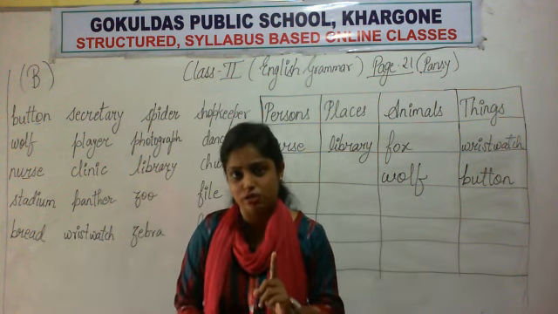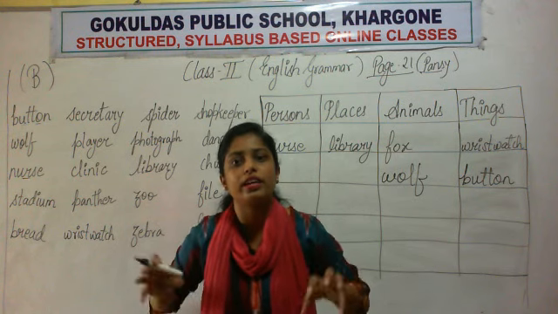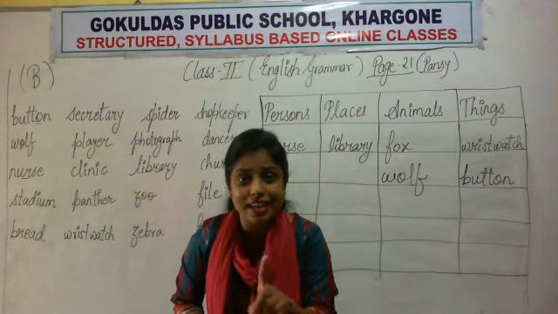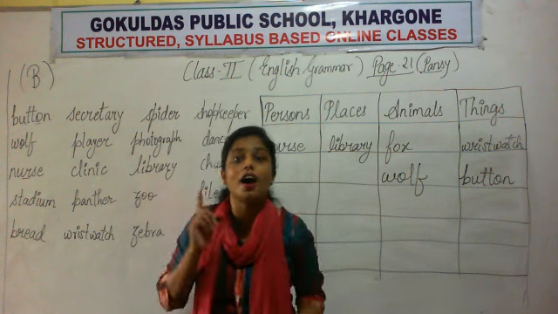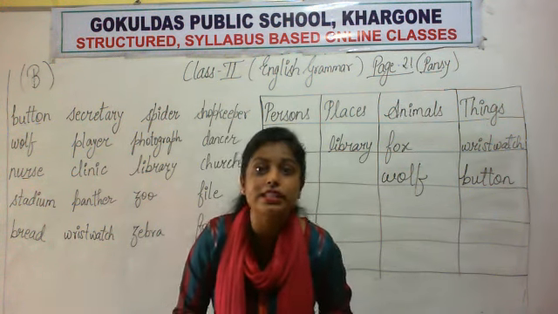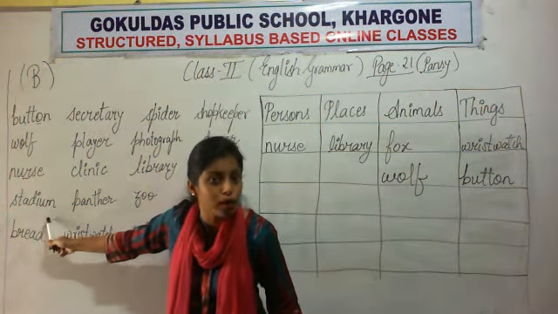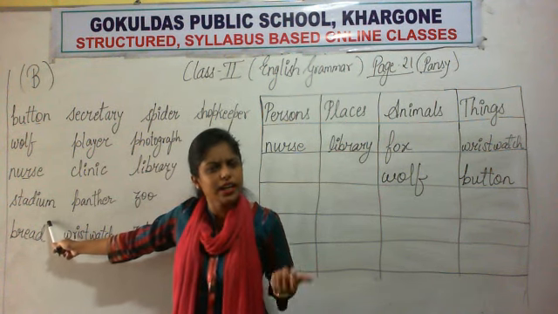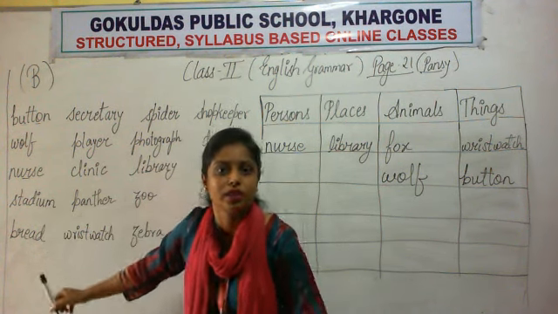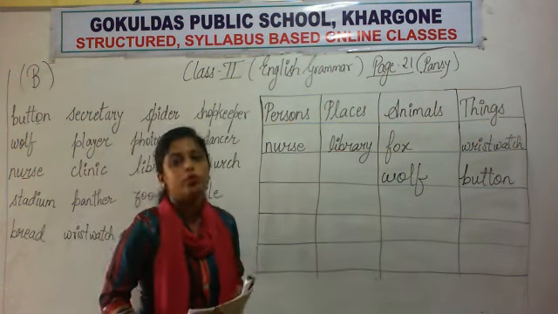अब बात ध्यान से सुनना कि वो जो पूरा stadium है जहाँ लोग खेलते हैं, वो पूरा स्टेडियम नाउन नहीं है. उस जगह का जो नाम है, the name of that place, that is a stadium. So this word is a noun. I am clearing it to you again and again. This word is a noun. Okay, so stadium.